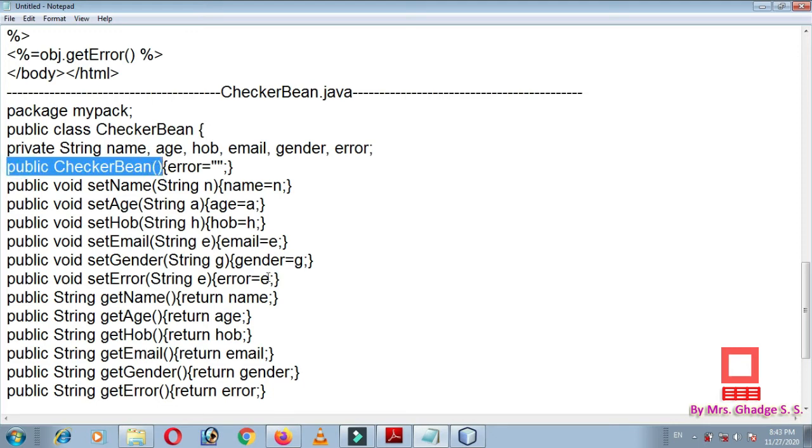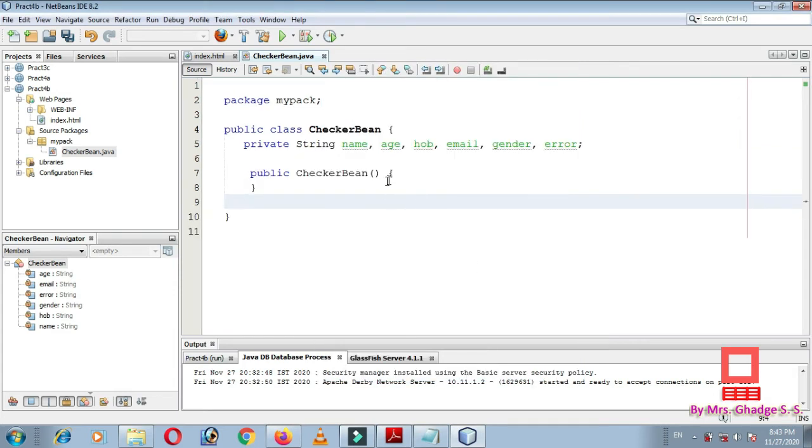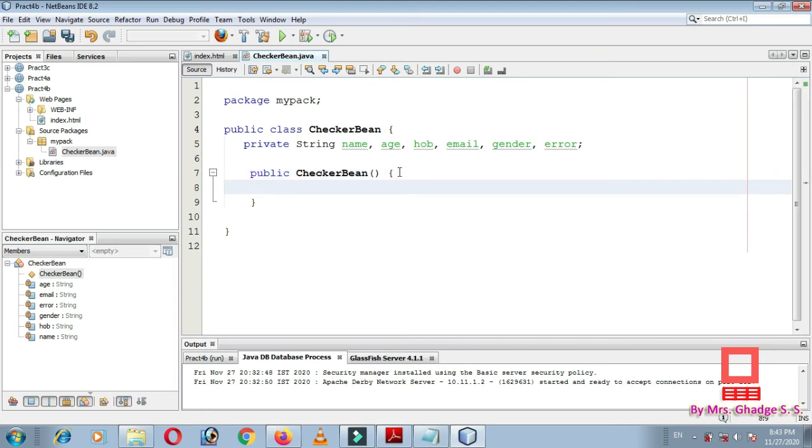The parameter list is empty, and we just need to write the code in the constructor, that is error equal to empty double quotation marks. For that you do not have to select any checkbox here, just click Generate. It will create the empty constructor. Just write error is equal to empty double quotation marks.